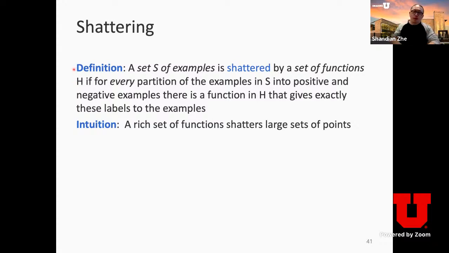This is a long and lengthy definition, but the idea is like that. When we say you can use a set of functions to shatter a set of training examples, you just enumerate all possible binary labels over those data points. And for every labeling scheme, if you can ensure that you find a function in H such that you can correctly predict every example, you can finally conclude that your function set H can shatter the data point set S. Is everyone comfortable with this definition?